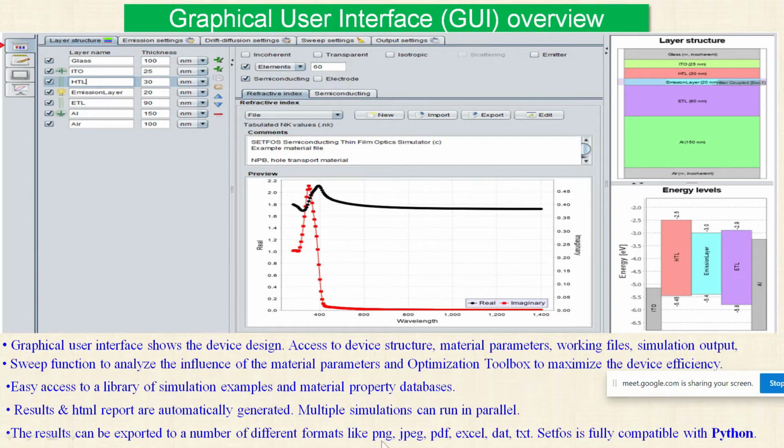Your data will be exported so that in future, if you would like to import it into any third-party software, you can also import it. It also supports the Python language. So if you are already a beginner or expert in Python, it is also possible to write the script, but it is not compulsory. Everything will be from the user interface.